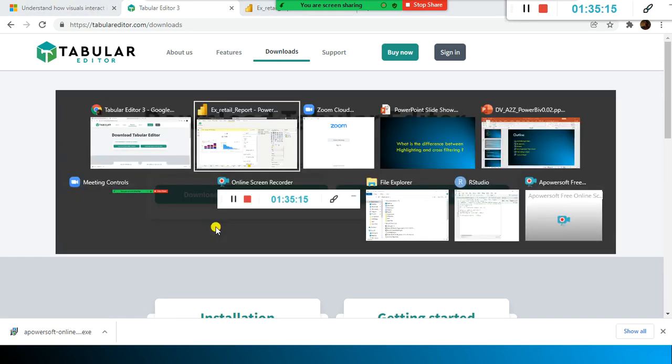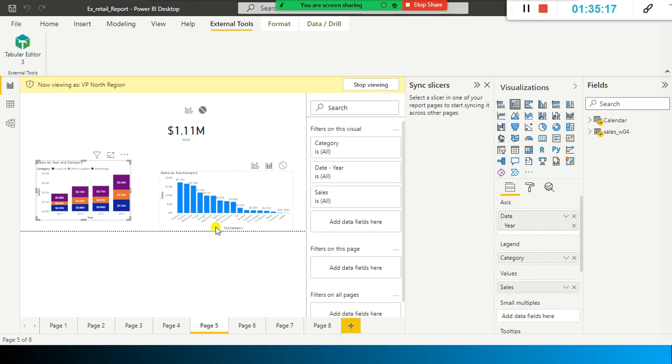Simply click next, it will get installed, and then you close your Power BI desktop and open it again, and you will find Tabular Editor automatically under the external tools. Okay, so click Tabular Editor. It will take some time to open.